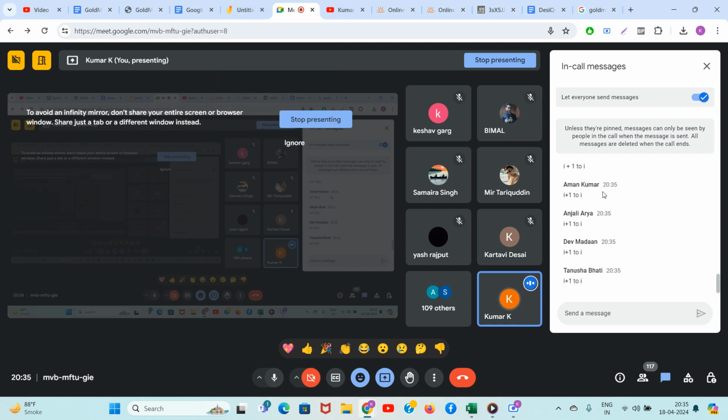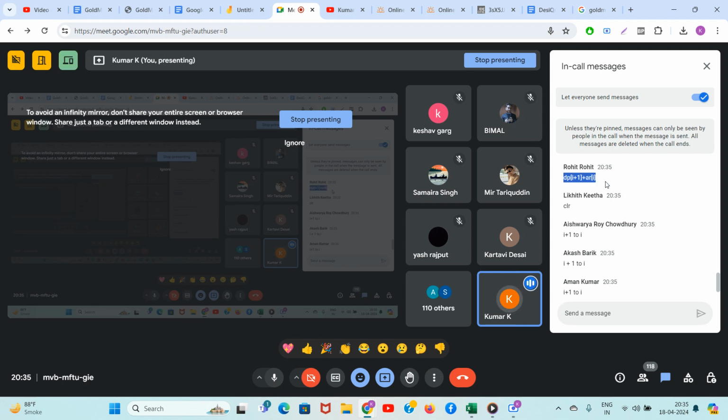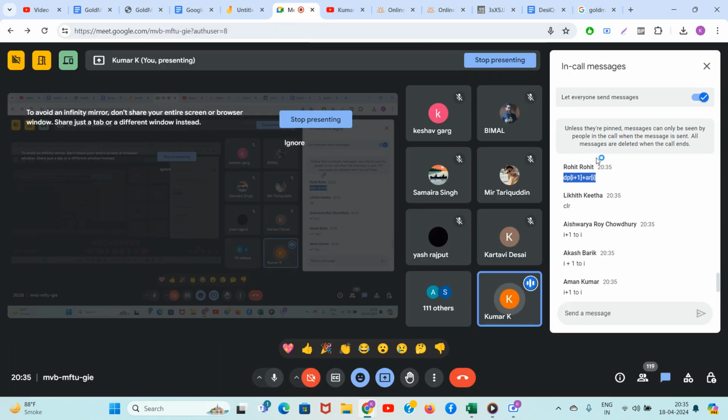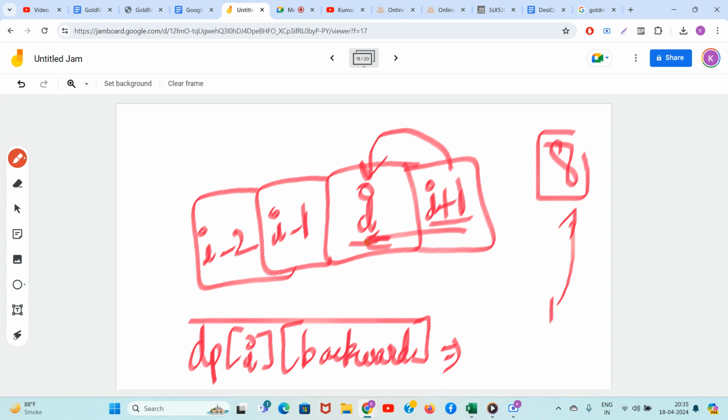Yeah, yeah. Rohit, no, no, no, what you have written is incorrect. जब तुम इंडेक्स I पर होते हो ना रोहित, DP I plus 1 का वैल्यू नहीं होता है. इंडेक्स I पर होते हो तो तुम्हारे पास 1 से लेके DP I minus 1 तक की वैल्यू होती है. तो फ्यूचर को कैसे निकाल के चेक कर सकते हो? You can never check the future, you can only check the past. अगर रोहित तुम्हारी उम्र 8 साल की है तो तुम अपना मेमोरी 1 से लेके 7 तक नहीं बता पाओगे, राइट? 9 साल की उम्र में क्या कर रहे थे वो कैसे पता चल जाएगा? If you have some time machine, let me know. क्लियर रोहित? So the thing is that when you are at index I, you can only know about the DP